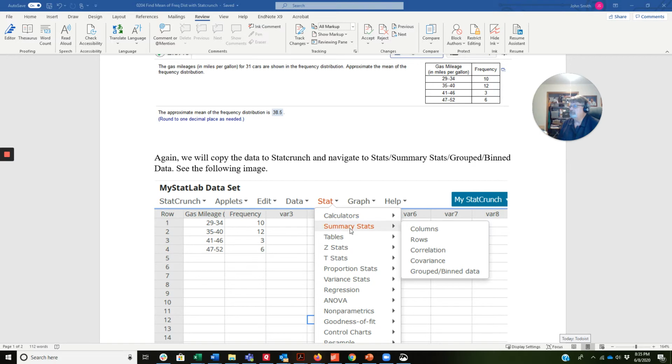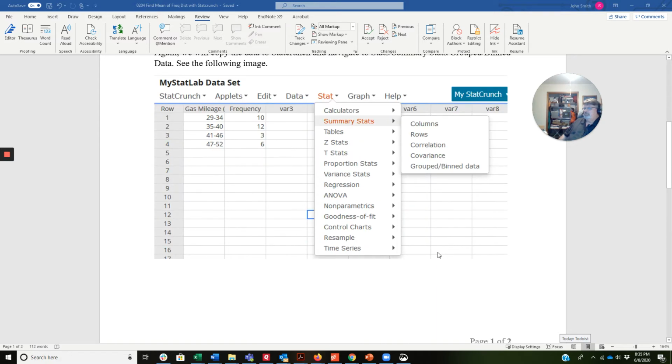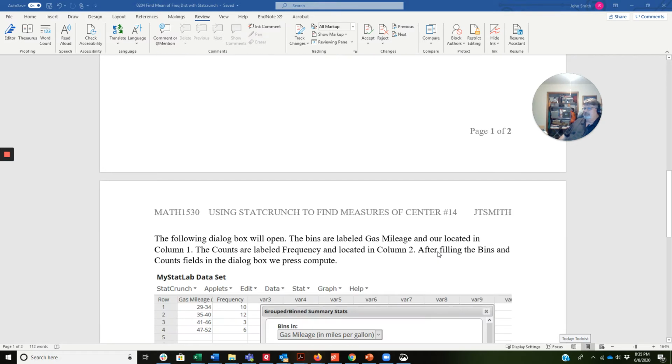Again, we're going to go to summary stats, but there's a difference this time. Notice our data is in two columns. One of them is the classes, which is also referred to as a bin. So this is the grouped or bin data that we're going to use to be able to calculate this efficiently and quickly. So when we click the group or bin data,